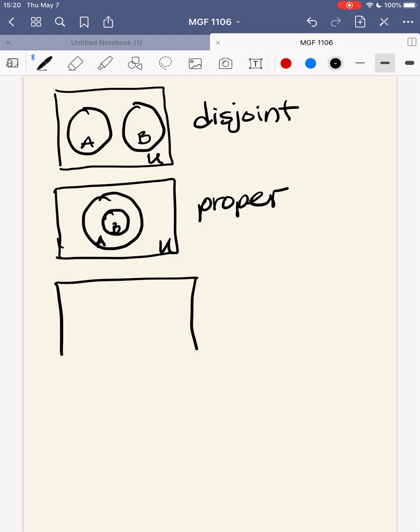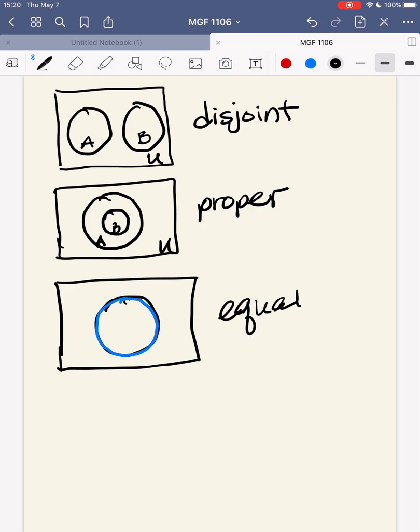If I have my universe, and I have a circle that represents set A, and I have another circle that represents set B, these are equal sets. They're the same set. The circles will overlap. Not horribly interesting for a Venn diagram. And then, of course, we have the one like we just did with the example,